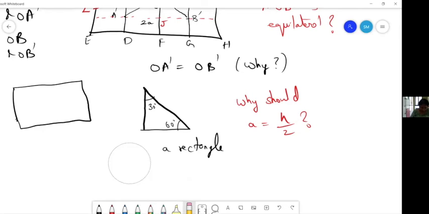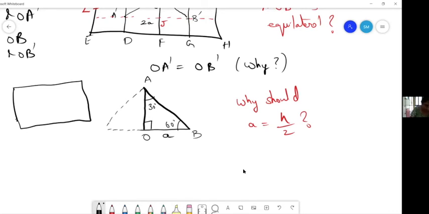So I have one question for the 30, 60, 90. Why did we say the base is half of the hypotenuse? I am not clear on that. Okay, yeah. So I'll discuss that now. What we can do is, so now we see this 90, 60, and 30, right? What if I create a mirror image of this? What shape will I get? I'll get an equilateral triangle, right? Okay, got it. So if this is A, what would AB be? This will be 2A.